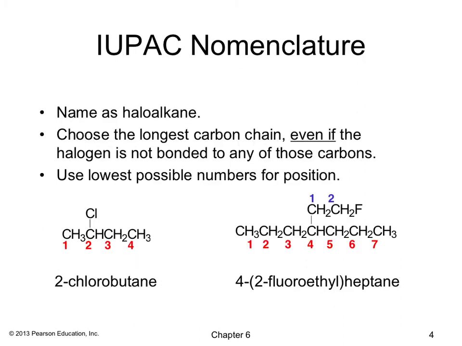In terms of nomenclature, they're named as haloalkanes, so you choose the longest carbon chain even if the halogen is not bonded to any of those carbons. Then use the lowest possible numbers for the position. So for example, here's a butane, that's the longest chain, and this is on the 2 position,